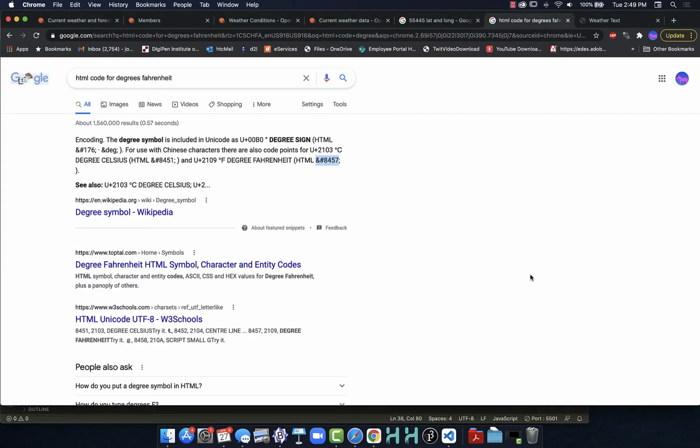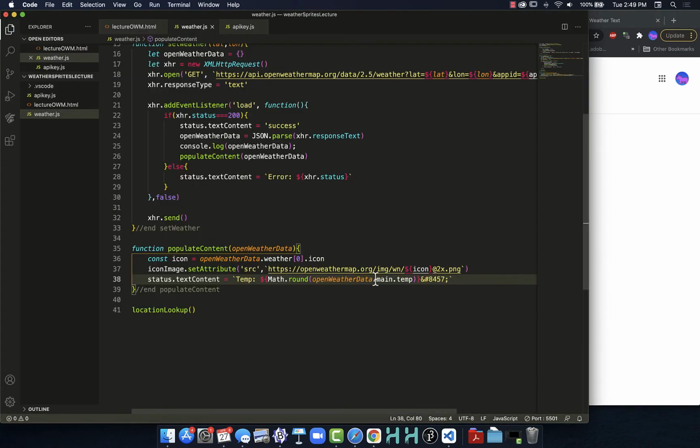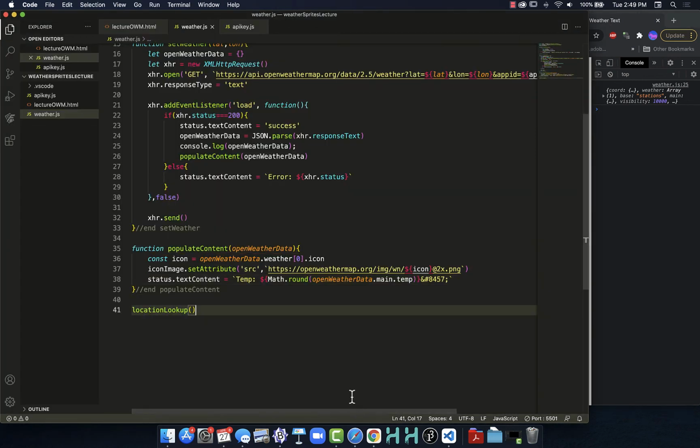Because normally we do semicolons as part of those codes. So now let's save this and see what we get. Go over here and ampersand 8457 semicolon. Well, that's not right. Well, actually, it's completely right, because what we have to remember is we said text content. Text content will take and strip out